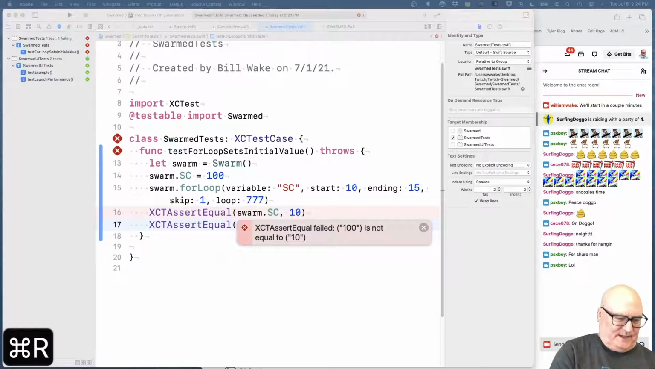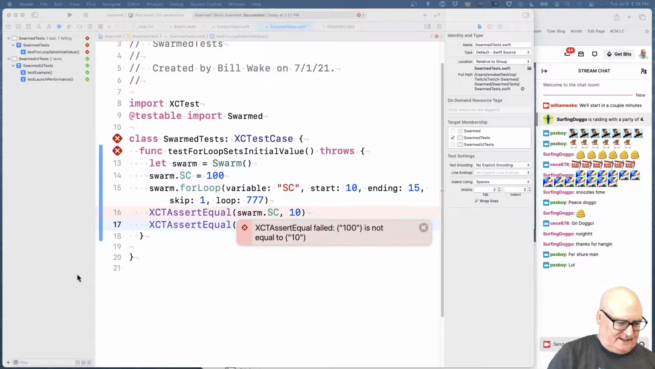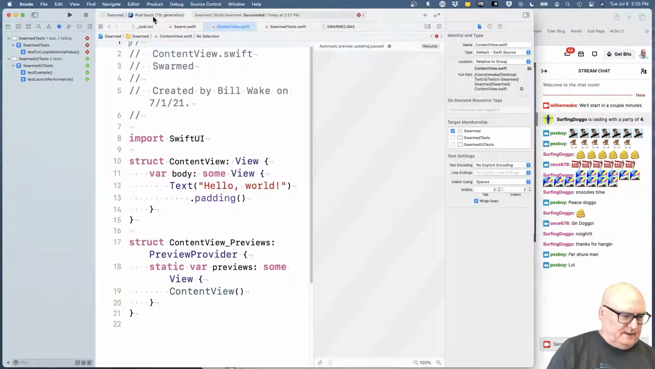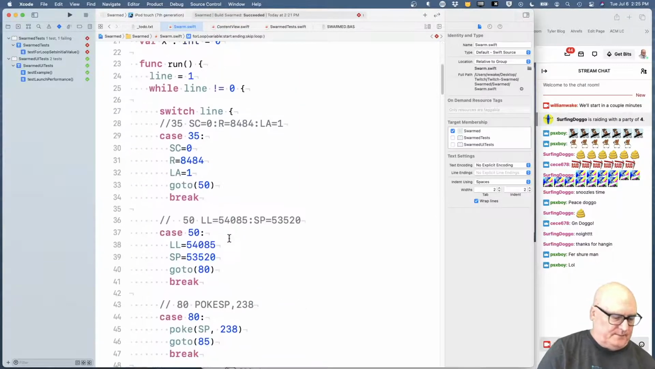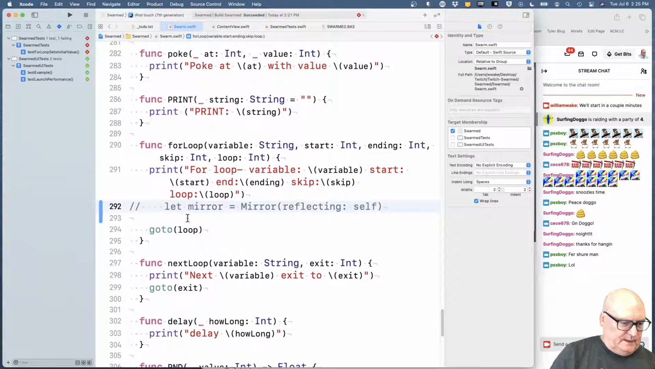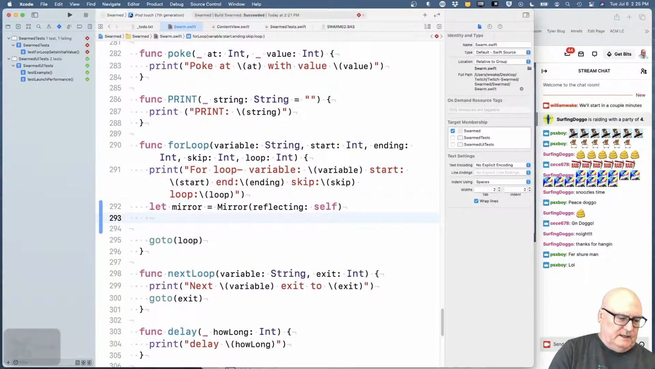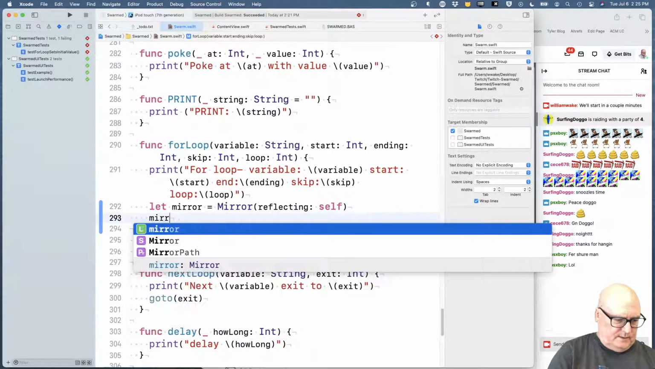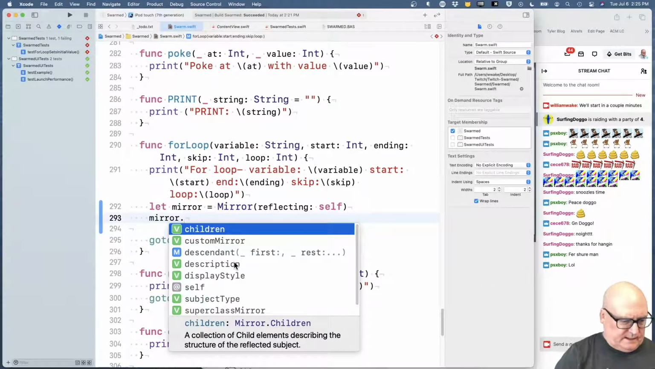All right, so we've got this test failing. Let's get the for loop. We need to look up the variable and make sure it set its starting value. So let's see if we can do that with this mirror thing. Where's Swarm? Here we go. Okay, so for loop. So we're going to do mirror reflecting self. Now we can say mirror dot